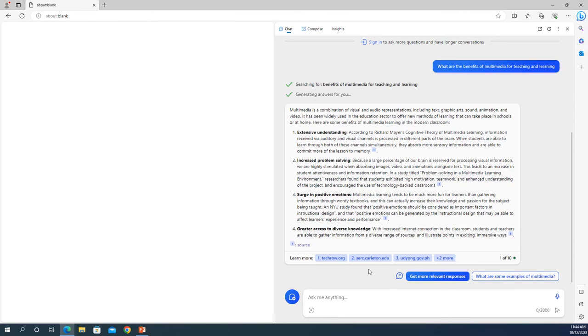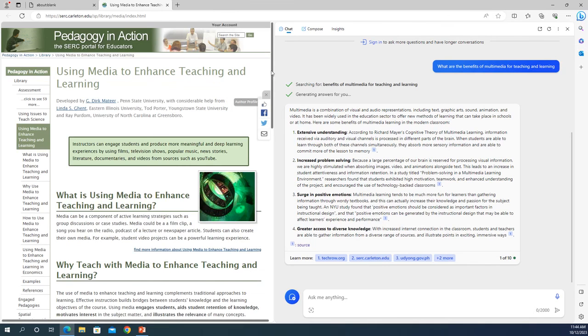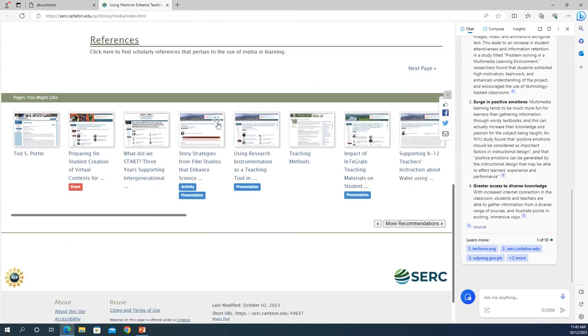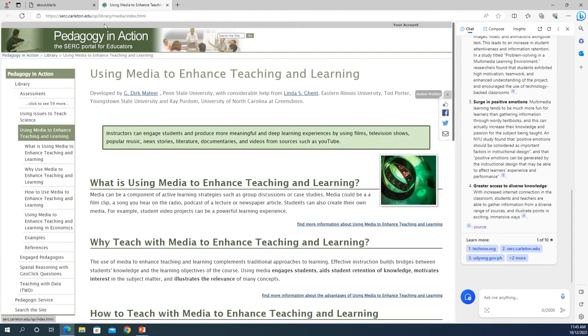And then, of course, we've got our sources down here. So I'm curious about this one. Let's see this academic website or this university website. And let's make this a little shorter. So it looks like we've got a blog post from, this might be, yeah, a library LibGuide on pedagogy.